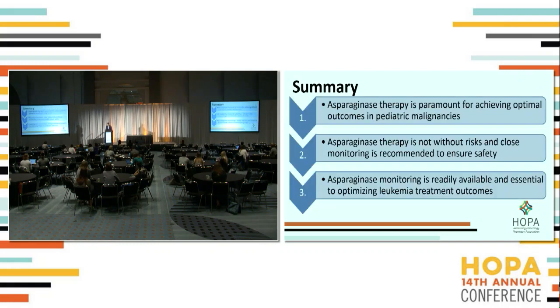So in summary, asparaginase therapy is paramount for achieving optimal outcomes in pediatric malignancies. I think we'll see definitely more to come from our adult colleagues in the coming years. And probably this talk can be repeated in a couple of years because I suspect we're probably opening Pandora's box